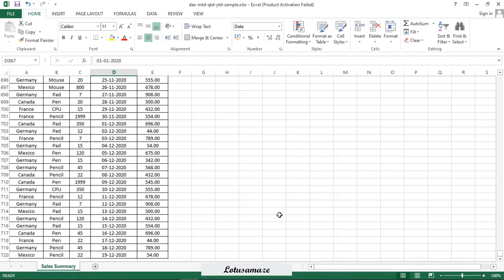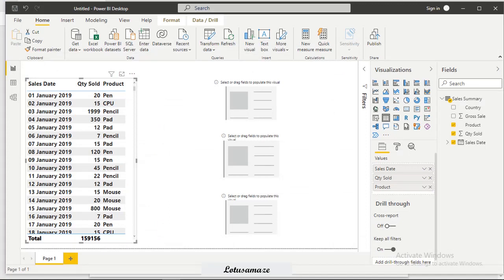Suppose we apply DATESMTD, the last visible month is December of the current year. If we extract the dates for the quarter, then the quarter will be extracted from 2020, the current year, up to the last visible date. And for the year, it means the whole year 2020 up to the last visible date, that is 19 December 2020.